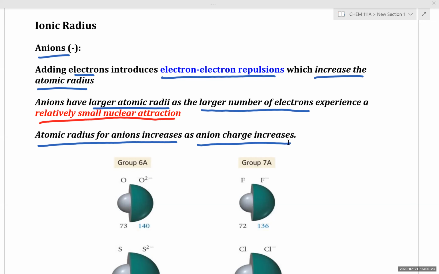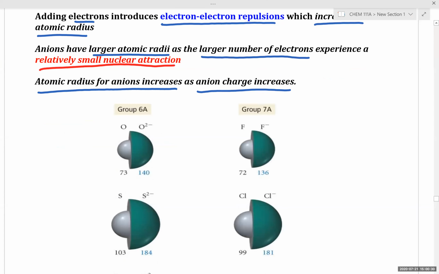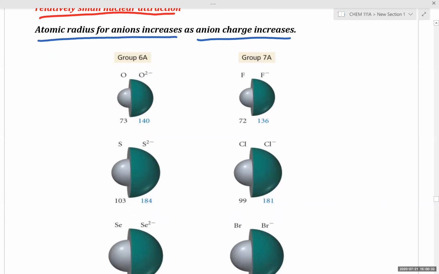Looking at ionic radius, in general, adding electrons increases your atomic radius, and increases your ionic radius, as you have more electron-electron repulsions, and we have a greater number of electrons experiencing the same amount of nuclear attraction, the same nuclear charge. So for example, looking at oxygen, we have neon